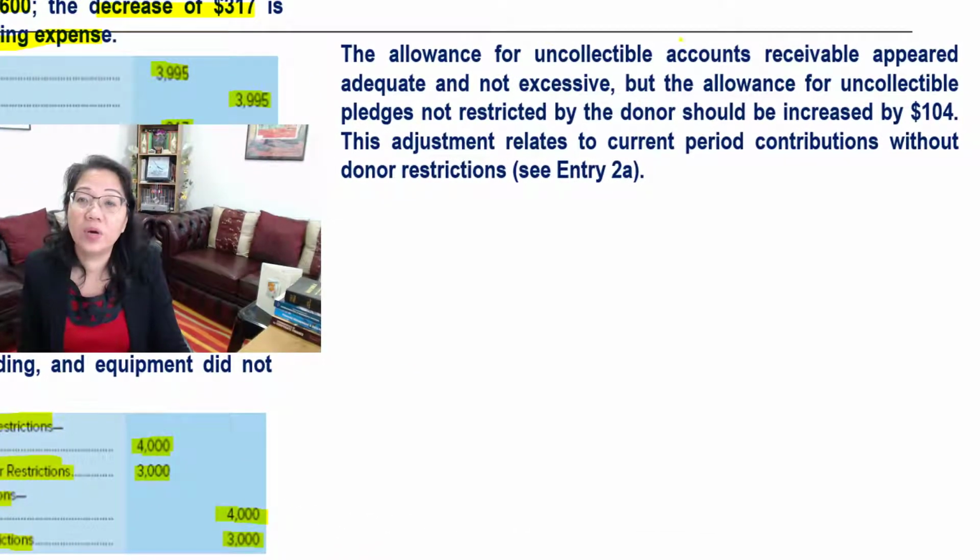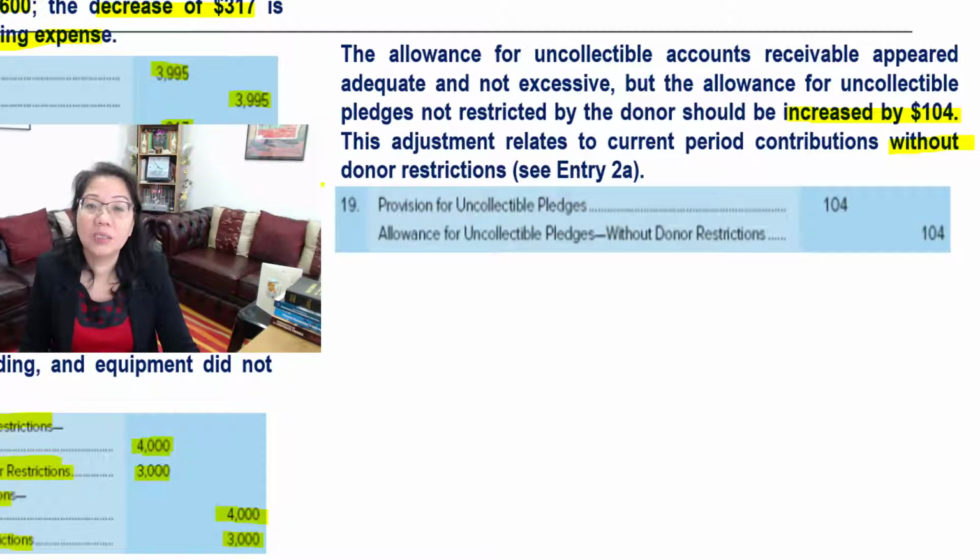The allowance for uncollectible accounts receivable appeared adequate and not excessive, but the allowance for uncollectible pledges not restricted by the donor should be increased by $104. This adjustment relates to current period contributions without donor restrictions. So our journal entry would be to debit provision for uncollectible pledges $104 and credit allowance for uncollectible pledges without donor restrictions